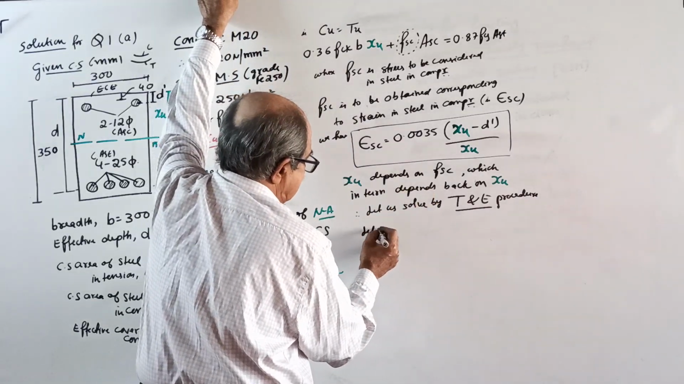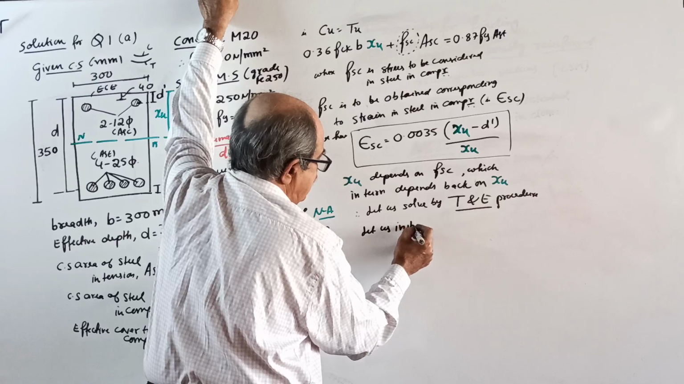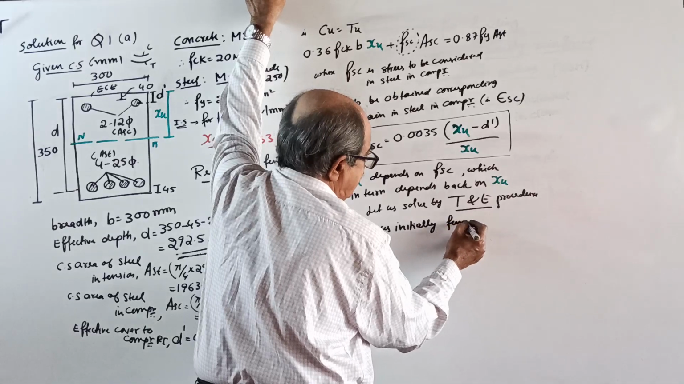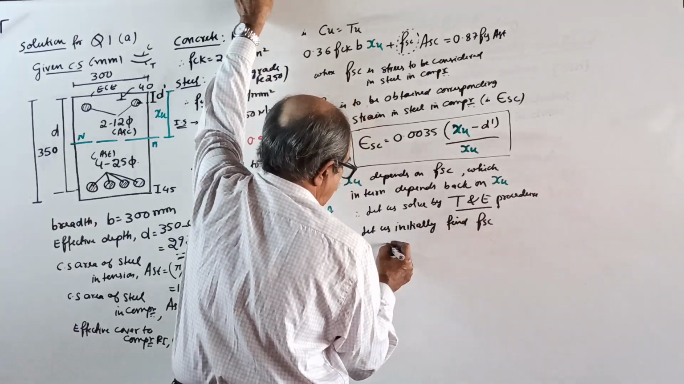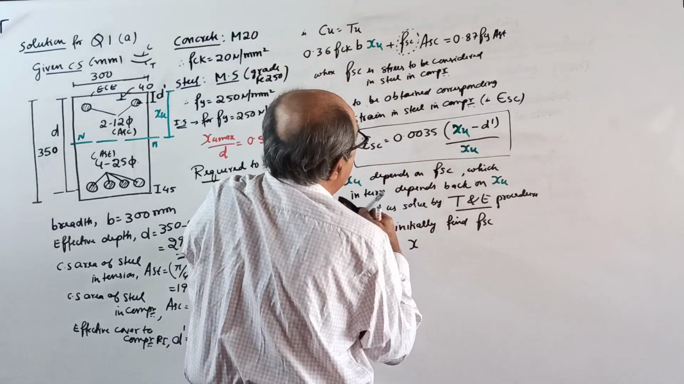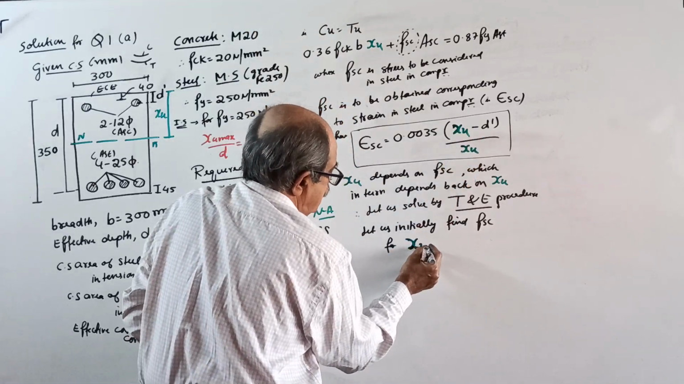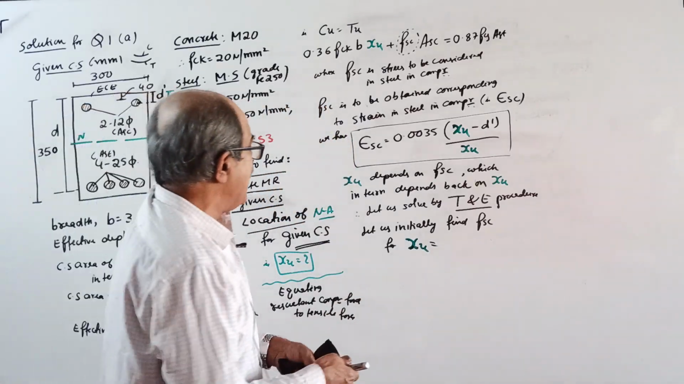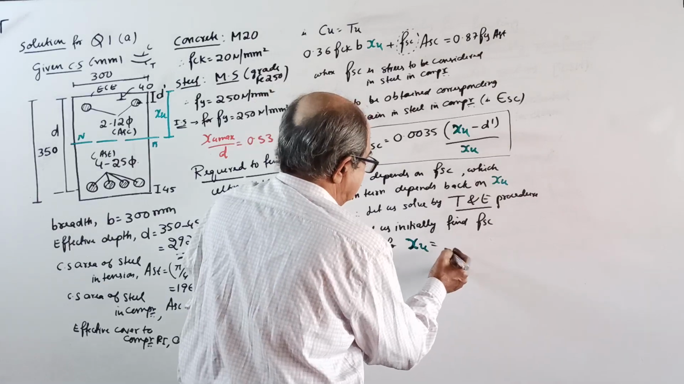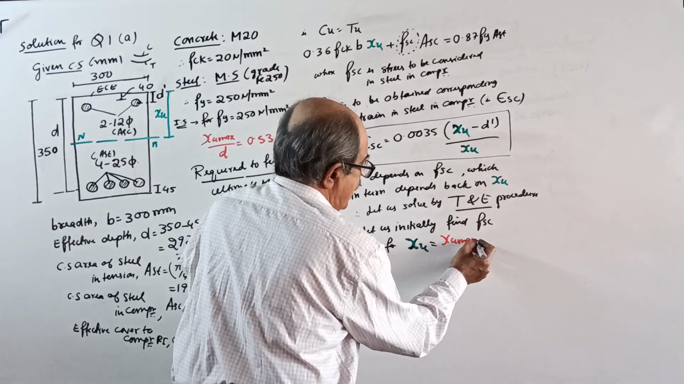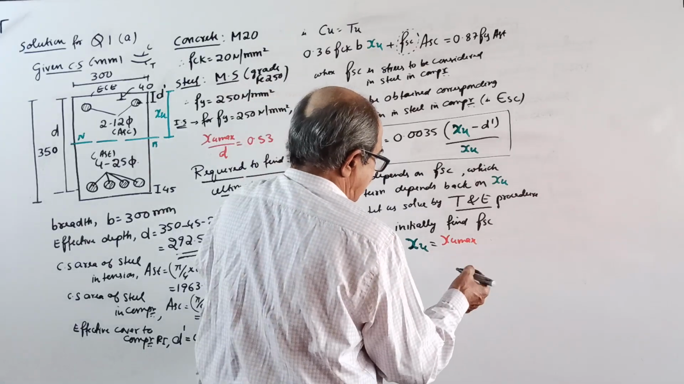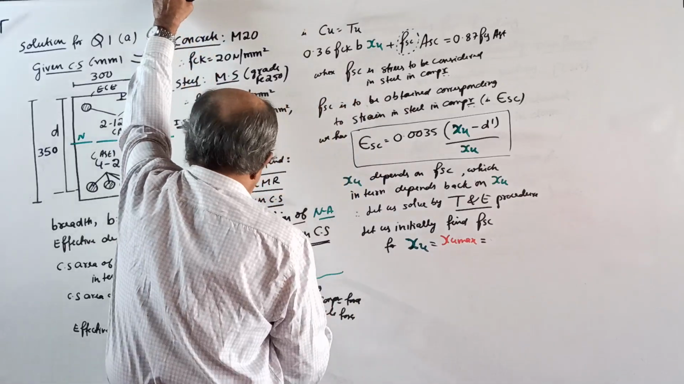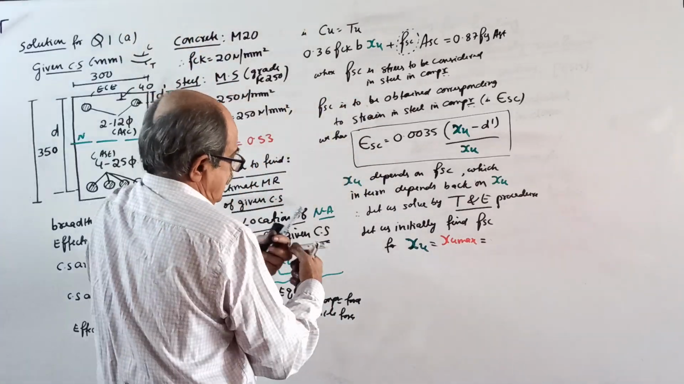So, let us initially find FSC for XU. Your XU is there. See, I told you, you try first XU equal to XU max, starting trial. Later you will see what happens. XU equal to XU max, or we can go further. XU max by D is 0.53, equal to